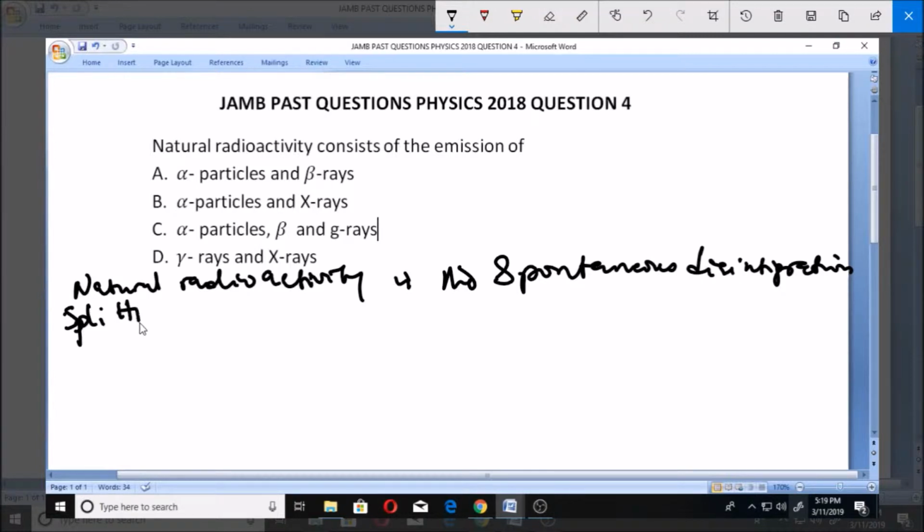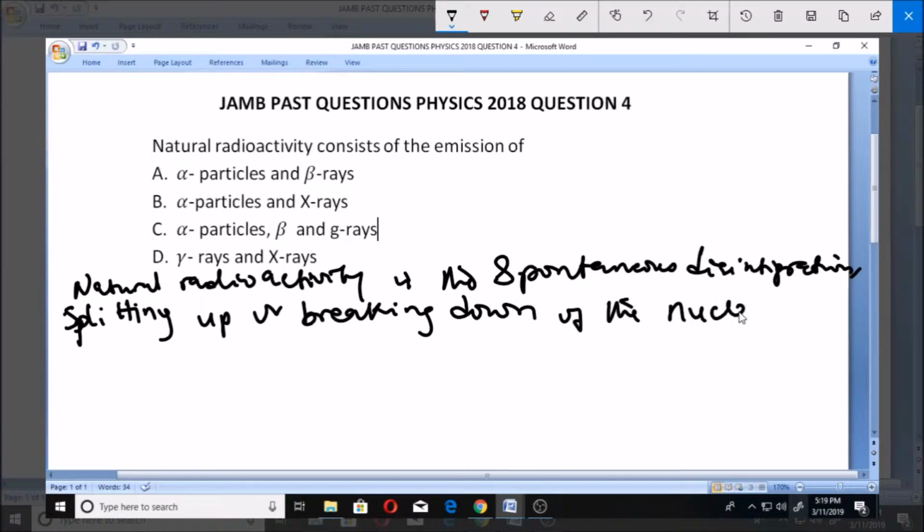You can call it disintegration or you can call it splitting up or breaking down, of the nucleus of a radioactive atom